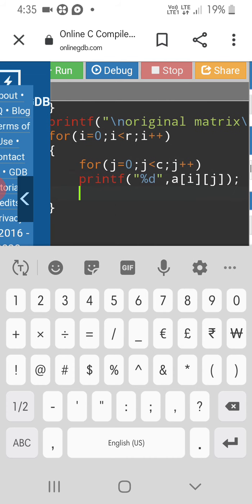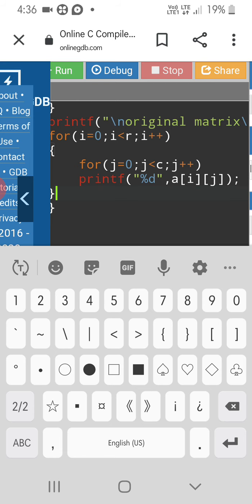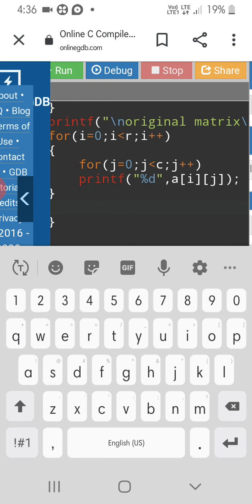Next closing the inner loop, and again a printf statement for a new line.